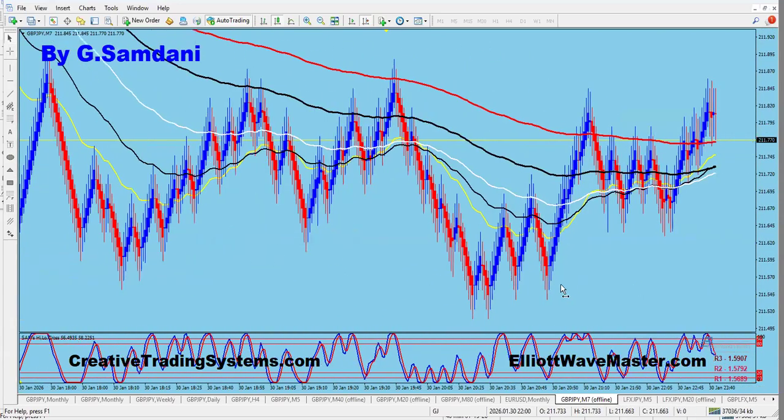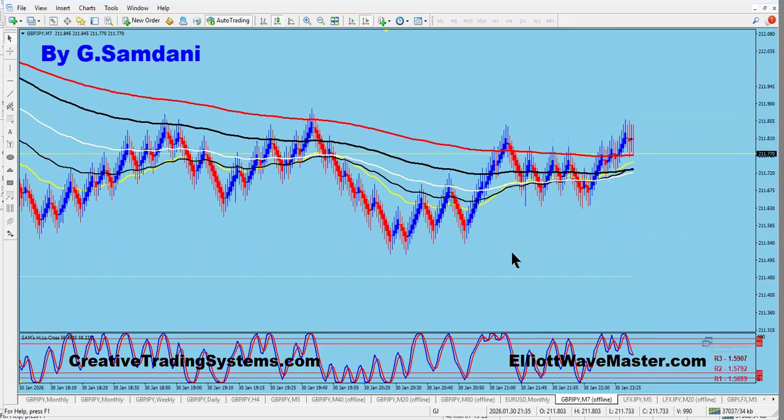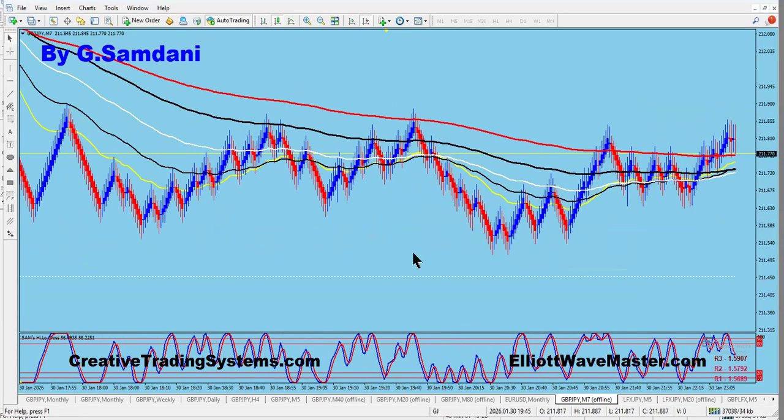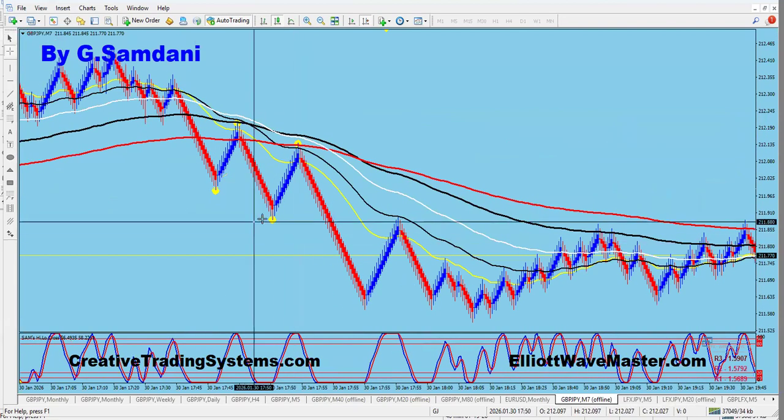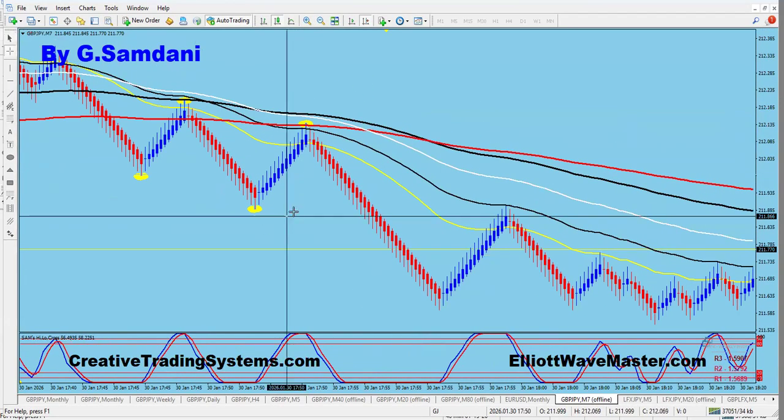Now, this is what it is. And what is the fourth condition? We have to find a reversal candle, and after that, a confirmation candle in the same direction as the reversal candle. So first we need a reversal candle, and then one more candle, either blue or red, whatever the direction we are going in. For example, here, if you're looking for short, then you have a reversal candle right here, and then